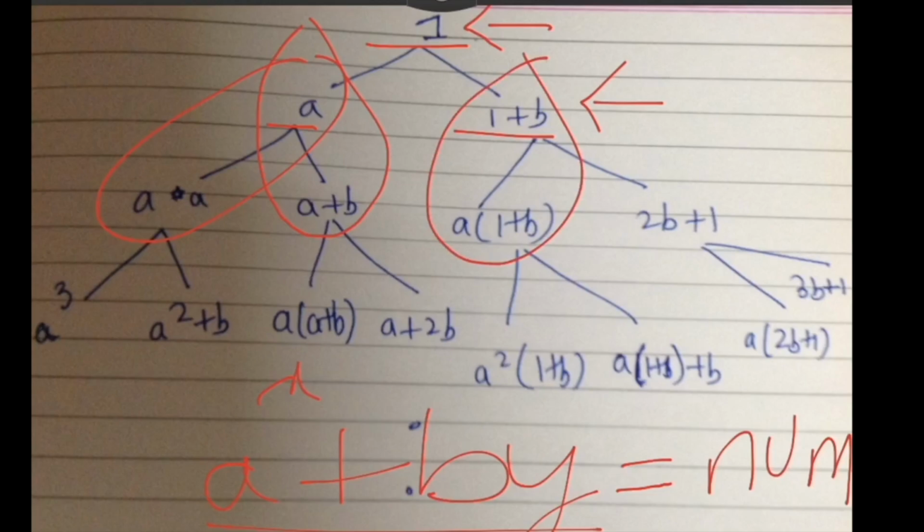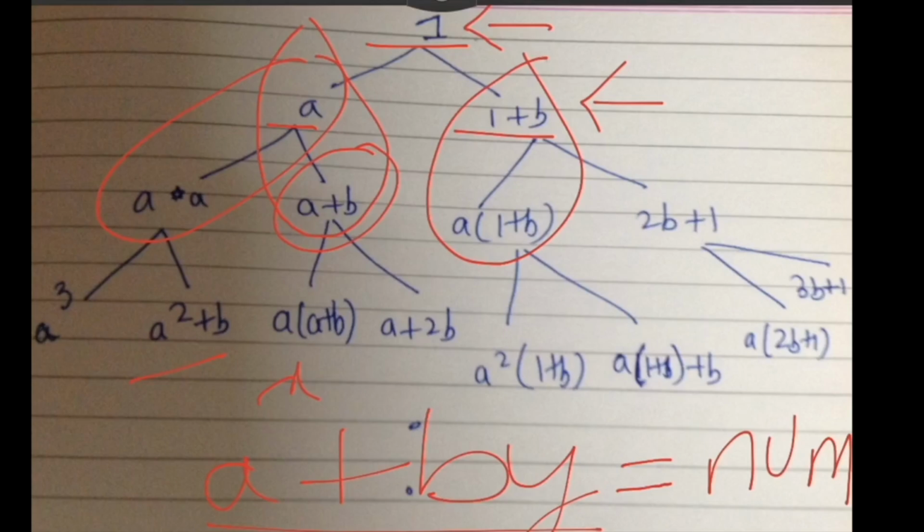Similarly we can go ahead and form all the elements, which would be a cube, and then a times (a plus b), which will give us a square plus ab, and for a plus b we will have a times (a plus b) and a plus 2b. If you see this tree structure, which contains all the elements,